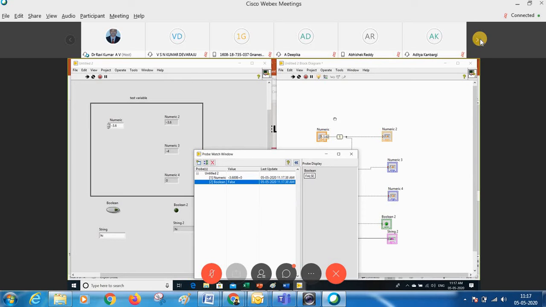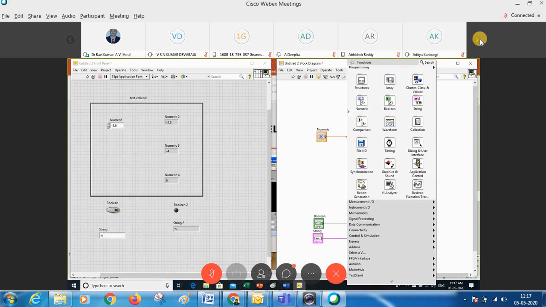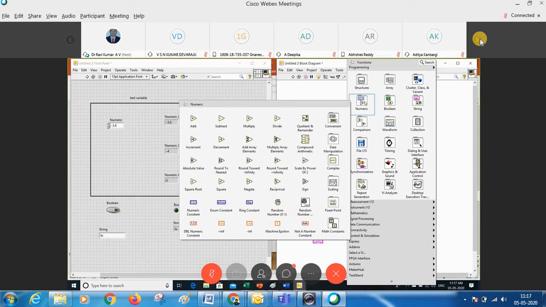Okay. Let's come to a simple example to understand the functionality of your LabVIEW. Okay. So first we'll understand numerical values.